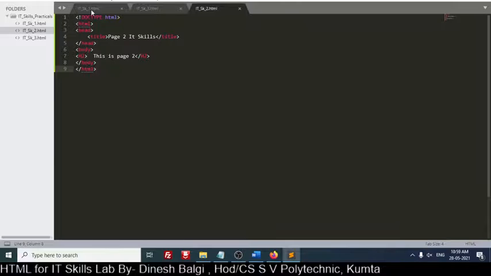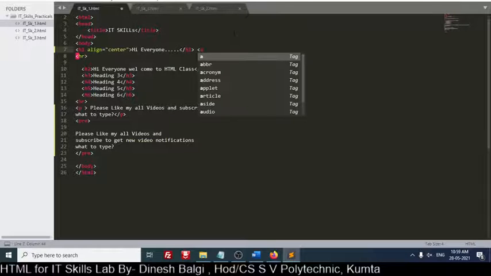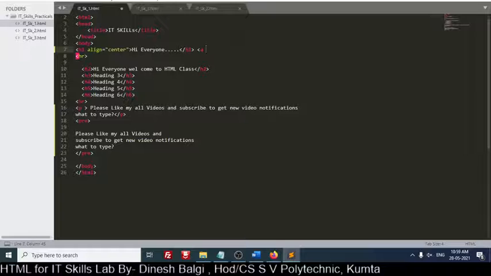Now what I want to do is create one link here. When I click on that link, it should automatically open my page 2. For that, I will create one link. I will use a tag called A, and we have to use href. Okay, A href. I told you one thing in the beginning, that we need to organize the files.